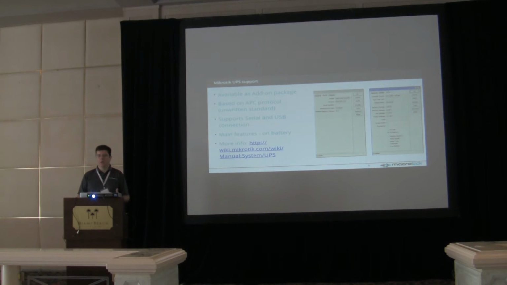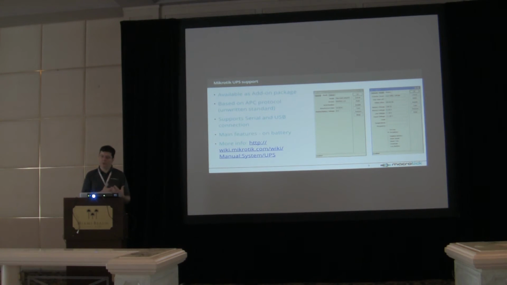This is an additional package. You would need to go to Mikrotik's site, download all packages uncompressed, and then upload the UPS module. Once you do that, it will show up in Winbox, for example, on the left side, and then you can start managing the UPS. There are a few tricks you have to be careful about, because by default the serial connection is used by the console, so you would need to disable that use. I'll show you how that looks, hopefully I'll have some time for a demo. You have to make sure the serial port is not used for console, and then it can be used by the UPS